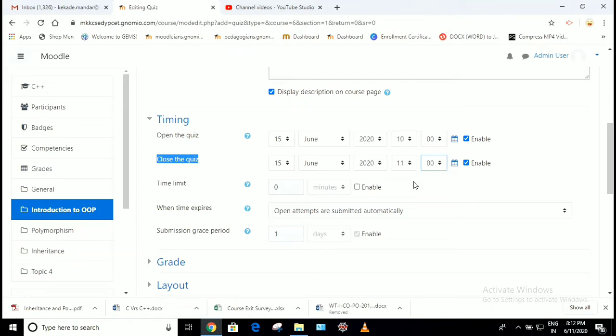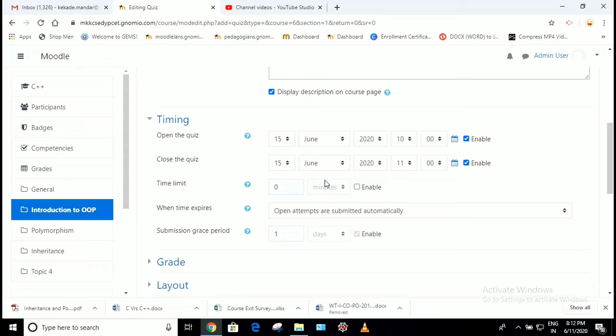So I have set the time and date at which the quiz is open and the time and date at which the quiz will be closed. So there is no manual attempt needed to start or end the quiz. On 15th June at 10 a.m. the quiz will be automatically started for the users.